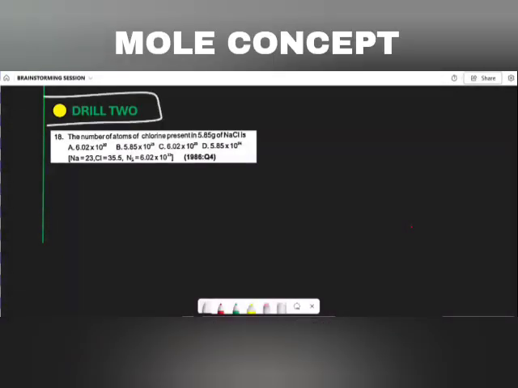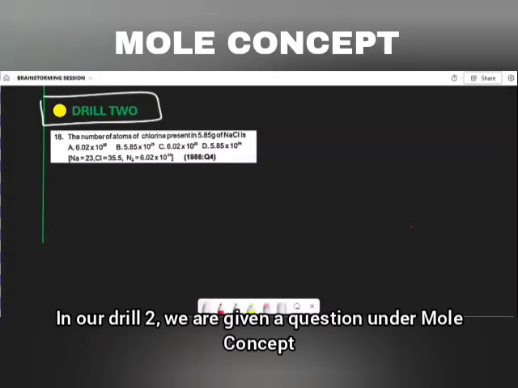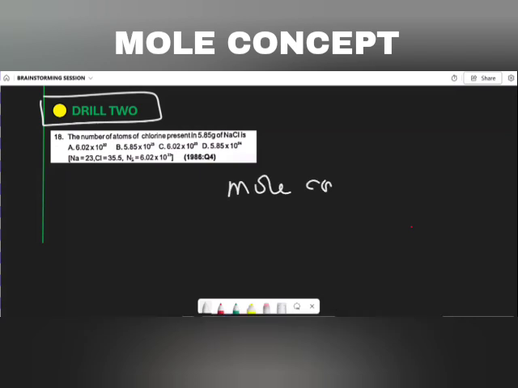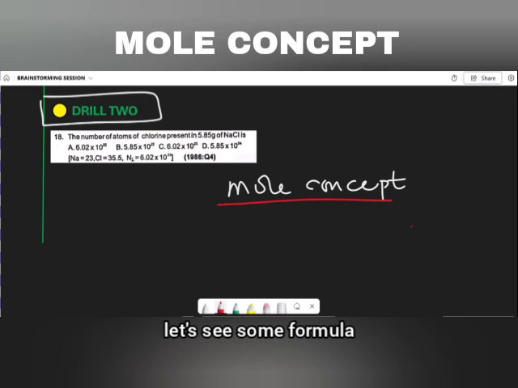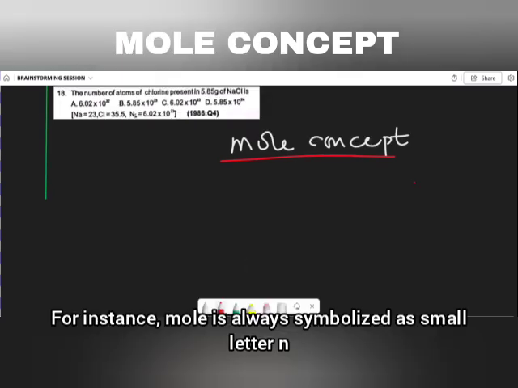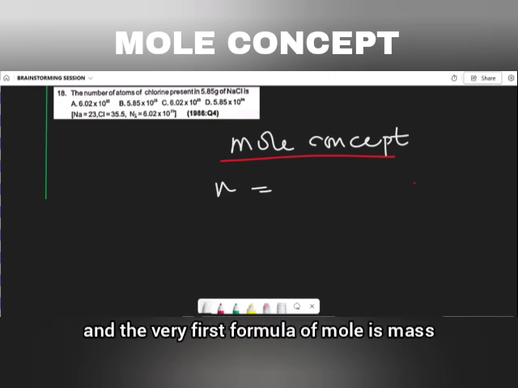We have our grade 2. In our grade 2, we are given a question under mole concept. Now, before we move on to the question, let's see some formulas that you can see in mole concept. For instance, mole is always symbolized as small letter n, and the very first formula of mole is